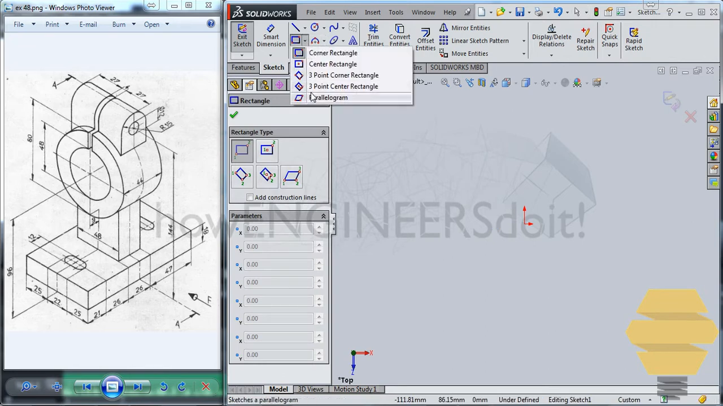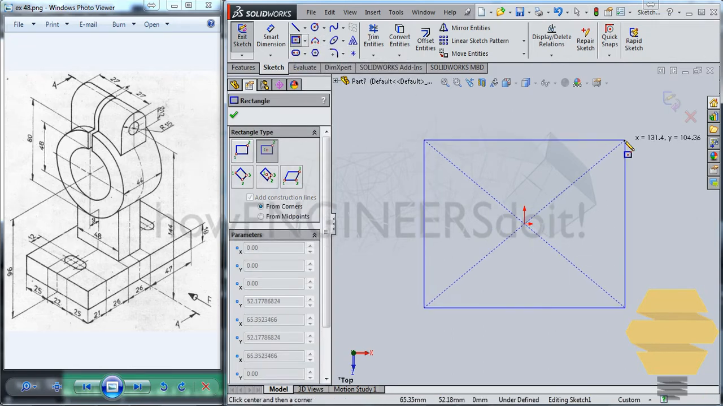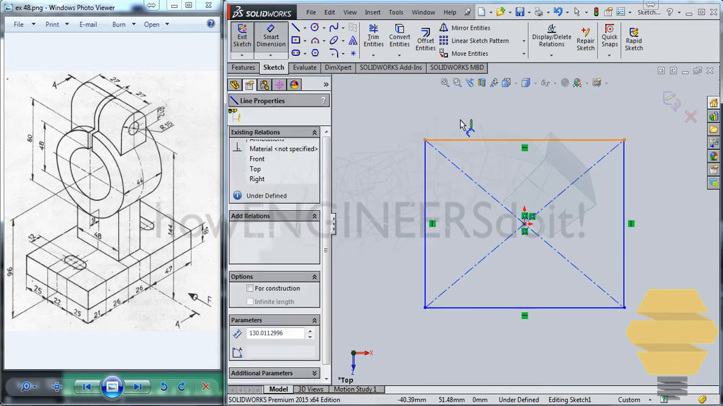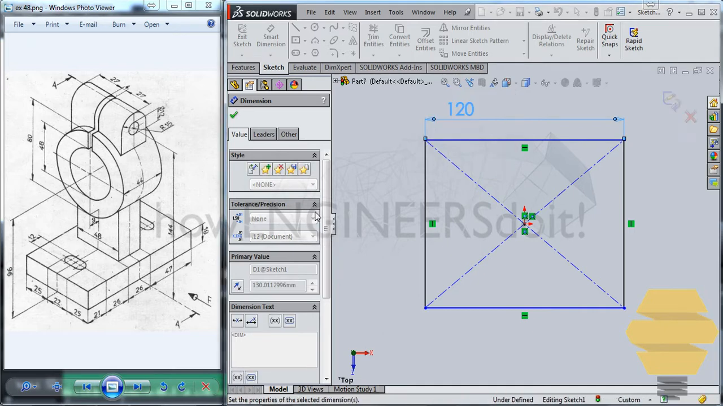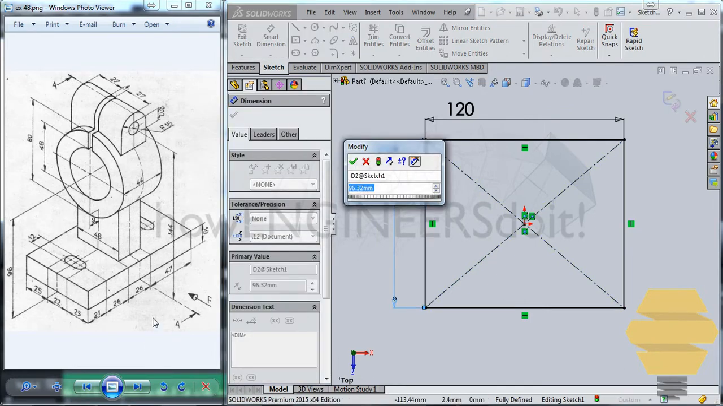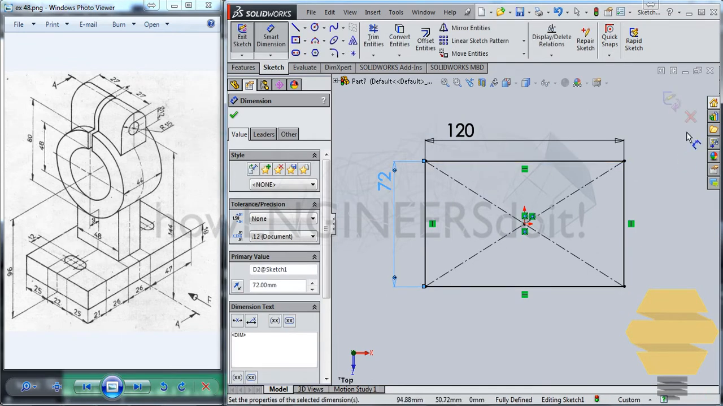Let me create a center rectangle here, and we'll go for the smart dimensioning and dimension it. So the overall length will be, we have the length given in this fashion, so it's 47, 47, 26. So 47 plus 47 plus 26, right? Yes, 120. And this would be 25 plus 25, 50 plus 22, that is 72. Right, now